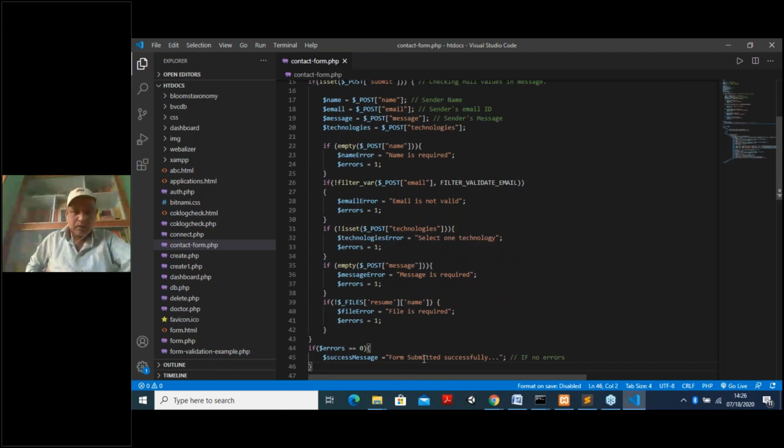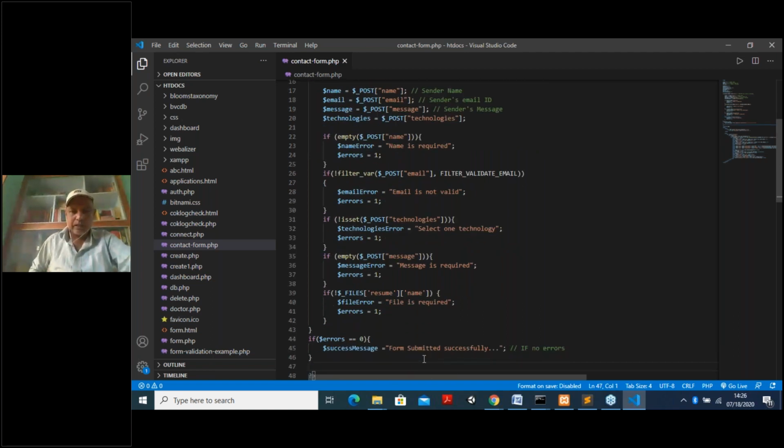Now suppose I have to upload a file, and the file name I have given is resume. So if $_FILES, because when uploading a file, instead of $_POST I have to use $_FILES, and the file name is resume, and here the name is there. If it is not uploaded, then it will show some error: "File is required. You have to upload a file", and $errors is equal to 1. The last one is that